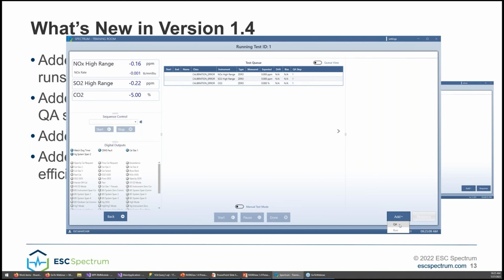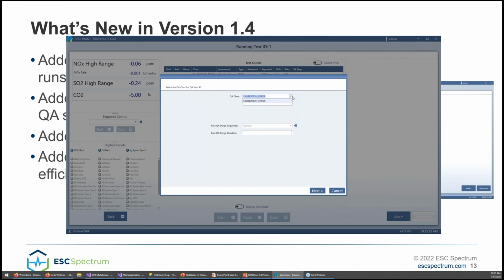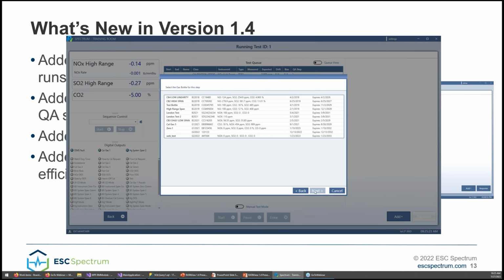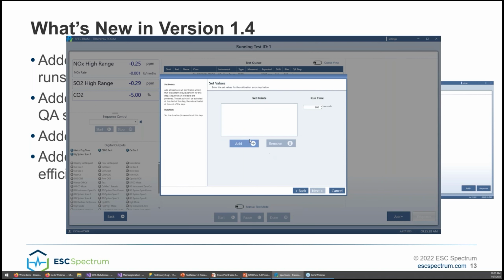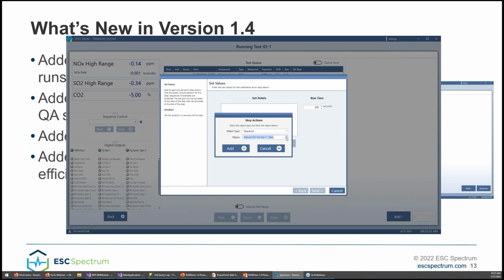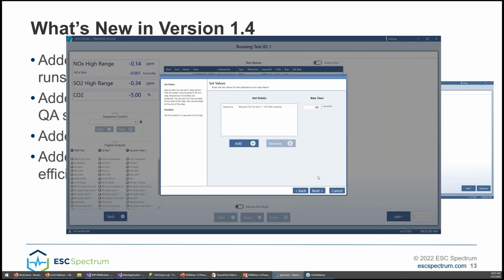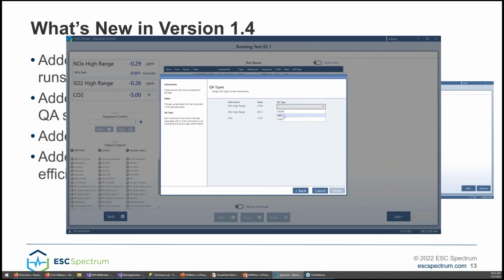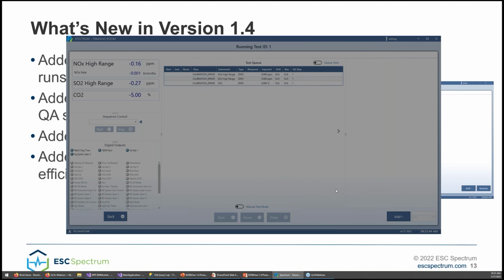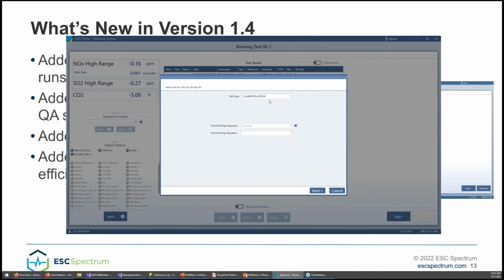Now, once we've started a cal error, it won't let you do anything else until the cal error is finished. And it considers a cal error to be finished once every instrument has a 0, a mid, and a high. So let's use CalGas 2 here. Select our sequence. Oops. And we tell it that this is a mid for each one of our instruments. And we'll finish our cal error